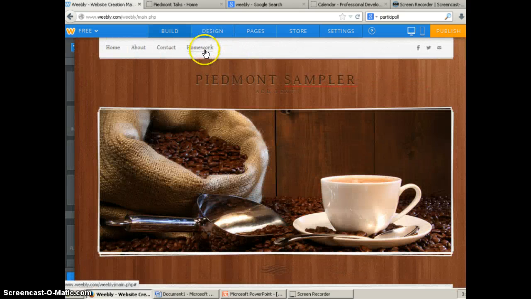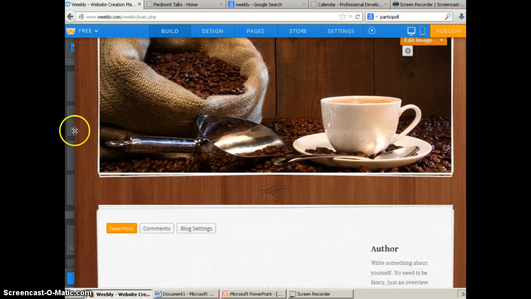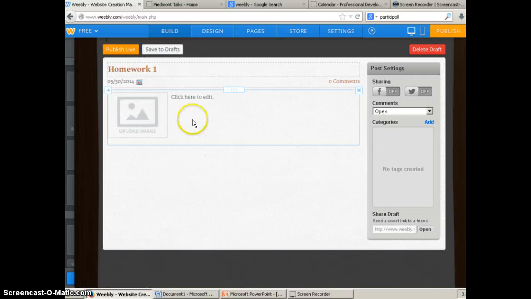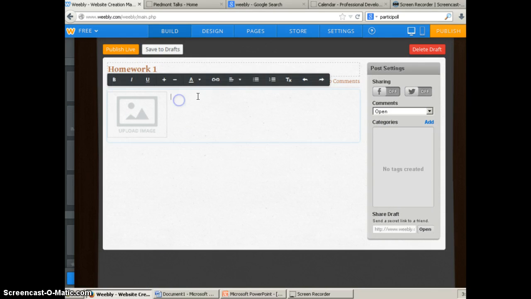I can change these pictures again, so edit that image. I can do a new homework post here. So I like the fact, click on new post, and I'm going to call this homework 1, or it could just be the date. And I like to have an image with everything I do. It takes an extra second to go find an image, but read and watch ed.ted video